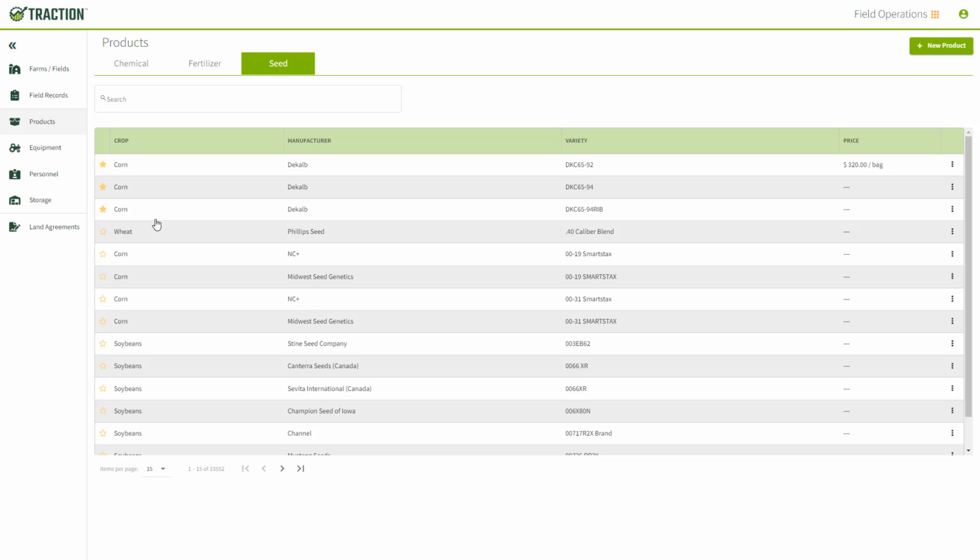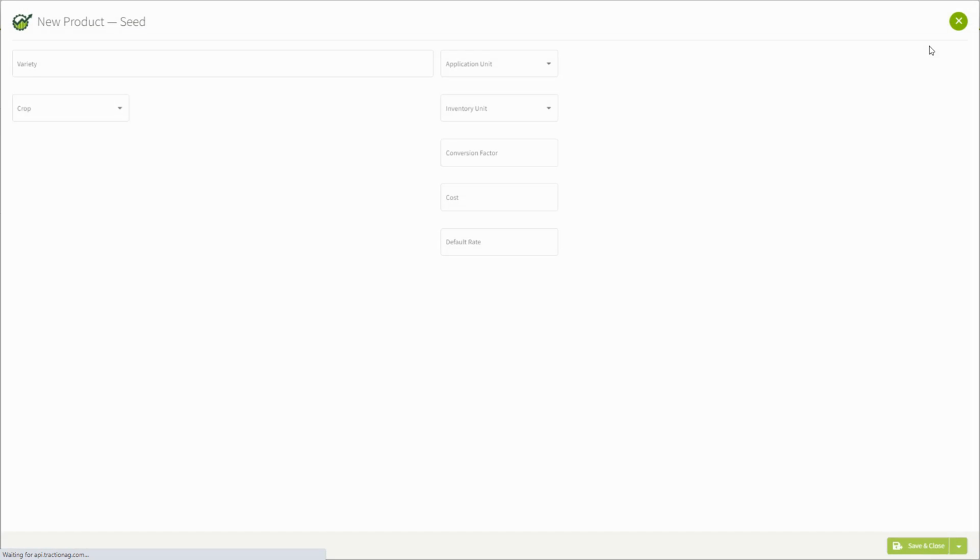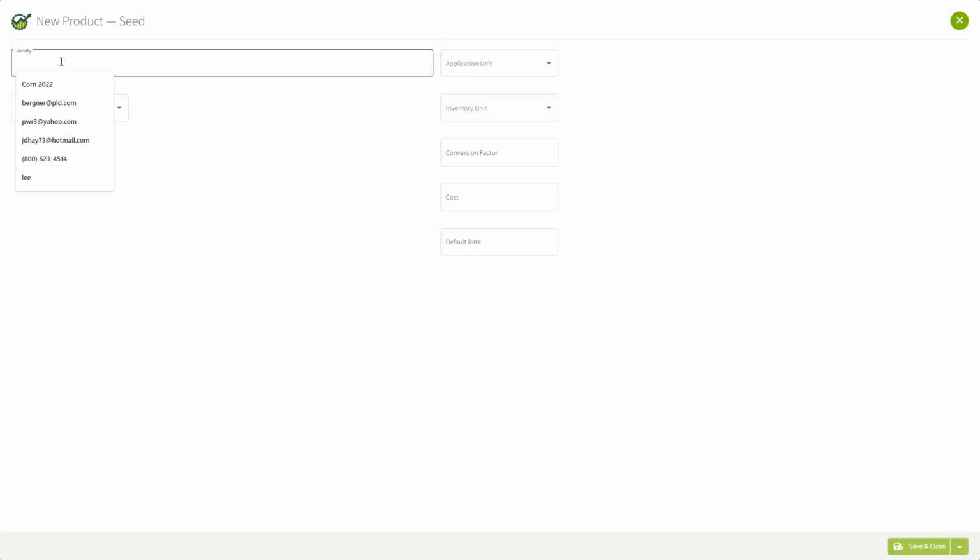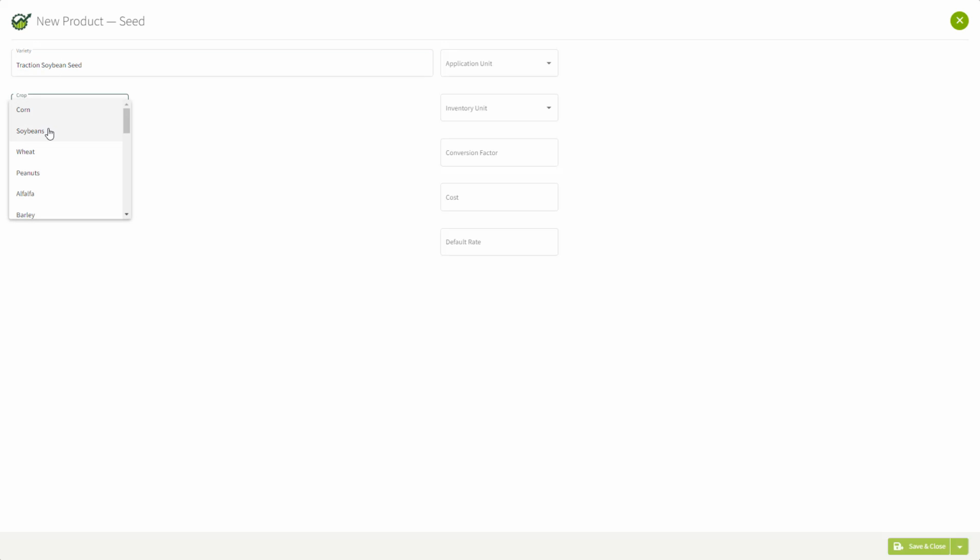If for some reason you're searching and you cannot find your seed variety, just go up to the upper right corner and select New Product. And here you can type in the product name, the crop. We can pick the application unit, which would be seed,